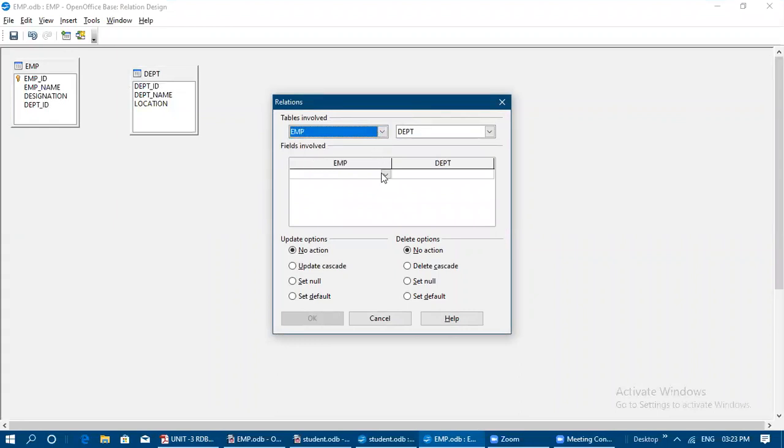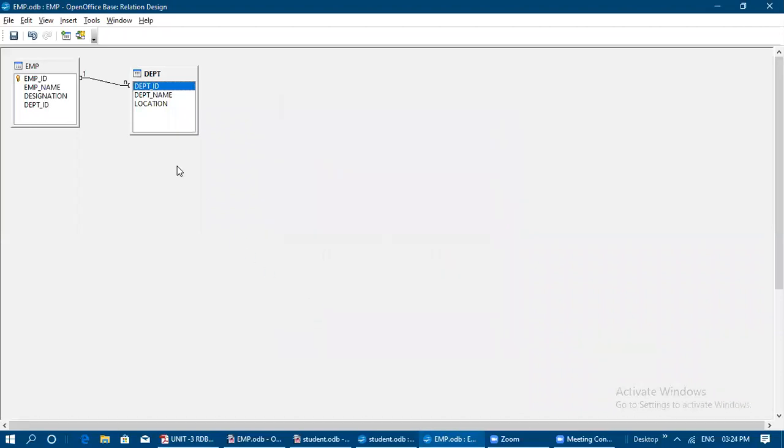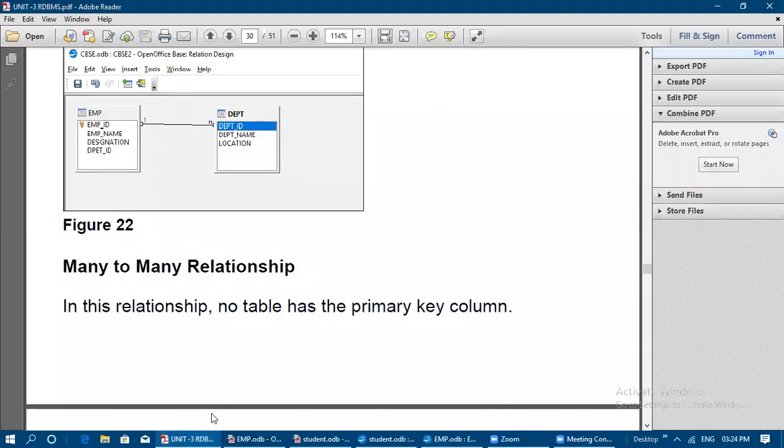So if you have chosen EMP here, under this are the tables involved. The relations dialog box will open. Under these fields, you need to choose whichever fields you want to link. I want to make a relationship between employee ID and DEPT ID, a connection between these two fields. So that was established. Another method is just by clicking and dragging from EMP ID to department ID. I have clicked and dragged from here to here. So this is another method. In two ways we can create a relationship between the two tables.